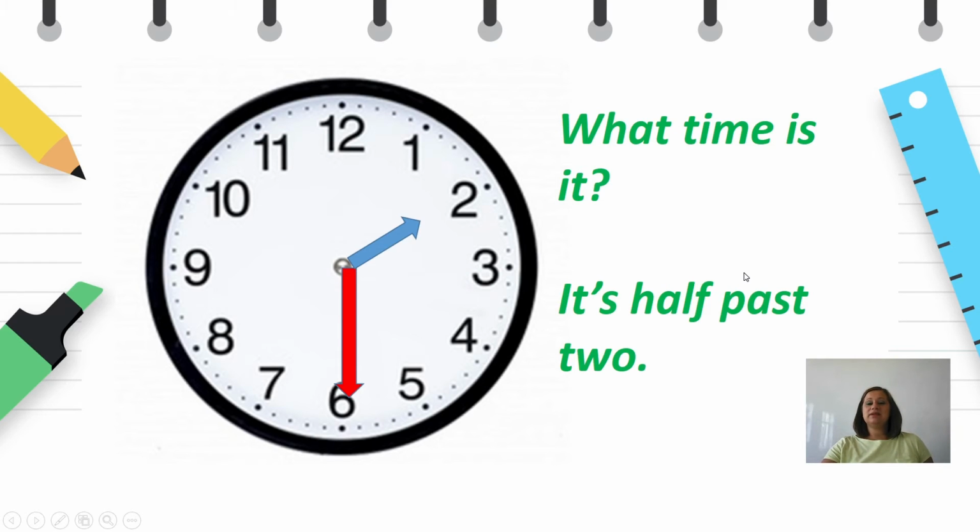What about here? The big hand is at number 6, which shows us 30 minutes or 1/2 and the small hand is at number 2. So what time is it? It's